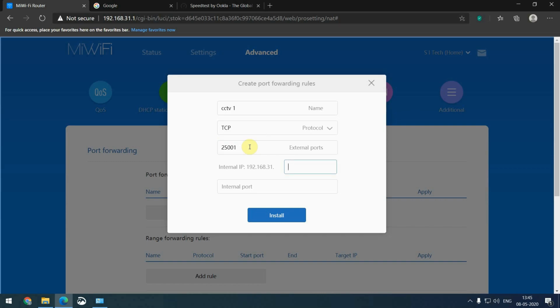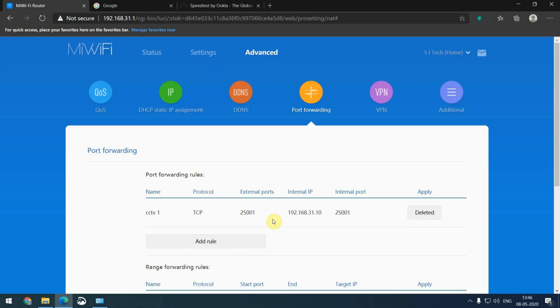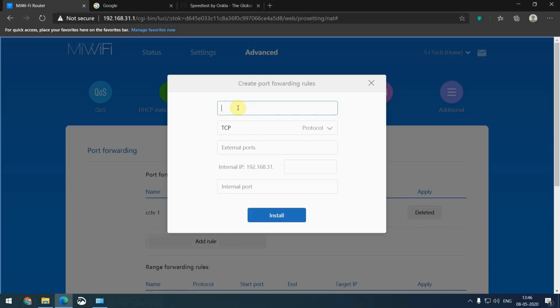For example, I have a Dahua CCTV system. It needs access. It connects using a TCP port and it uses 25001 as the port number. The IP address of my CCTV is 192.168.31.10 and the internal port number is 25001. These details will be given by the CCTV manufacturer. Different brands use different port numbers and different protocols, so you can get it from the manufacturer and allow these ports.